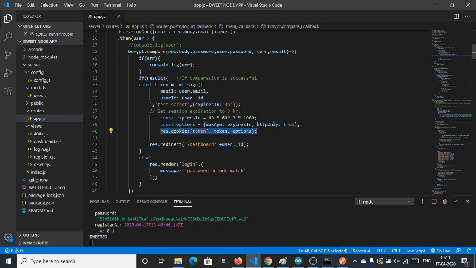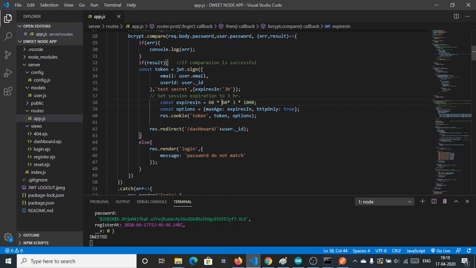The token is stored as a field called token, with an expiry of 3 hours. It is stored for 3 hours automatically, and this is the JWT token. After this token, the user will be redirected to their dashboard.